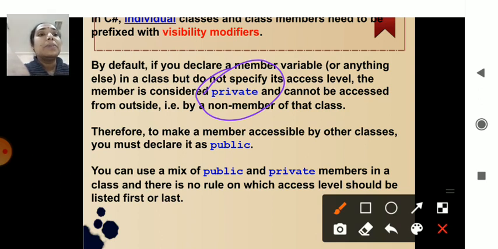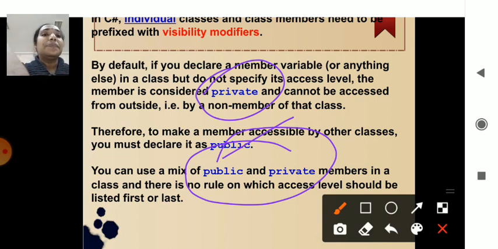When you mention public, it will be accessed everywhere. There are various access modifiers. It may be public, private. In C Sharp you have internal, private internal, public internal, all those concepts in the access modifiers. In future you will be learning them, but remember, when you are not providing the access modifier, that whole data is said to be private. It can't be accessed by any of the other methods.